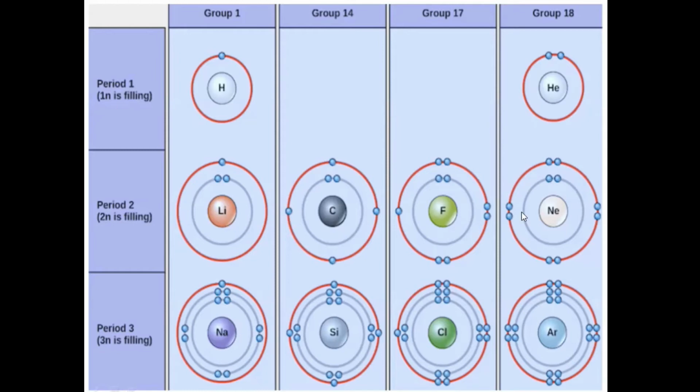Similarly, the nearest noble gas for carbon will be neon. So the stable electronic configuration for any atom in this row is to have 8 electrons in the outermost shell. See this neon, it is more stable. We see 1, 2, 3, 4, 5, 6, 7, 8. So by looking at this periodic table, we gain all this information. Likewise, if we go to period 3, they will have 3 shells. The number of valence electrons in this group is 1, in this group it is 4, and here it is 8.